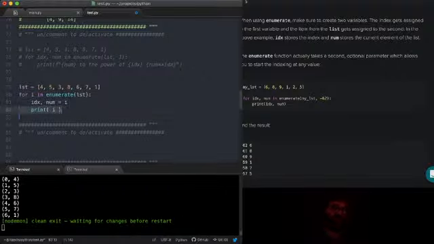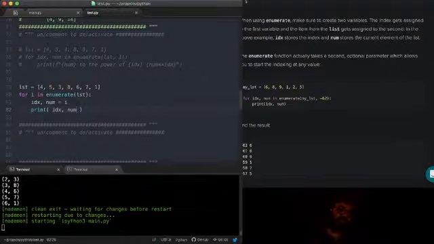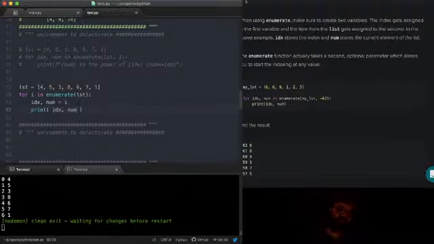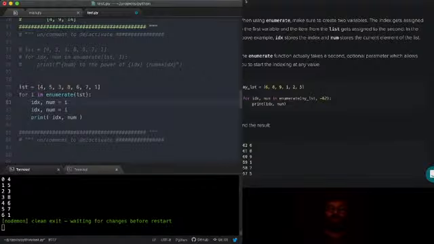So it just saves you from having to do that as the first thing in your for loop. Of course, this is also a shorthand for saying idx equals i sub 0 and num equals i sub 1, right? So that's just happening for you in the loop when you say for idx, num like that.